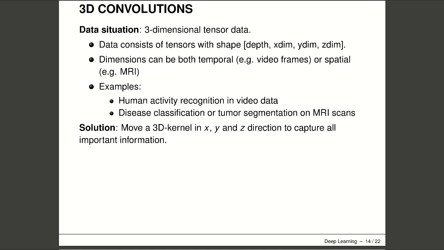An example application for video is human activity recognition based on the features extracted from the video data. In this case, we move a three-dimensional kernel in three directions of X, Y, and Z to capture all important